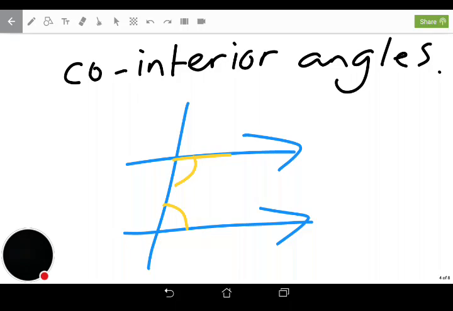So this is sometimes looked at as a C shape. So angles that are within the C shape will be co-interior angles, and they always add up to 180 degrees. So if this was X and this was 52,